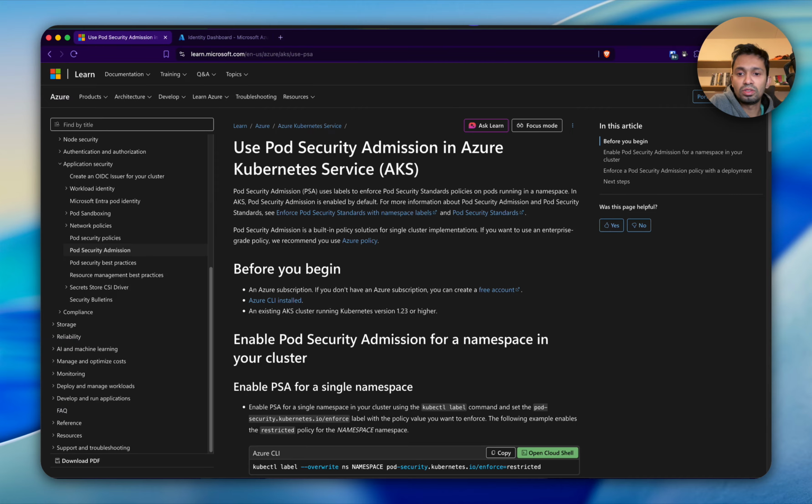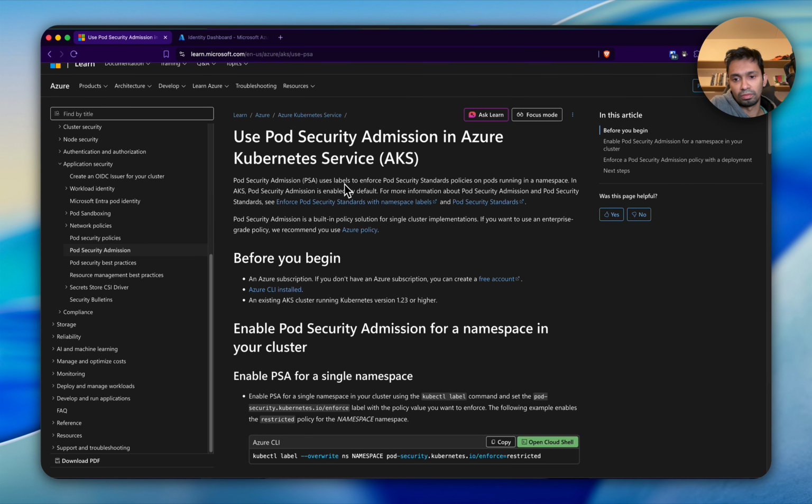So Azure Kubernetes Service is already enabled with pod security standards, right, through pod security admissions, right? Therefore we can use the predefined profiles that are available in the pod security standards. So we can use baseline, then the restricted and the privileged profiles for AKS as well. Okay, so